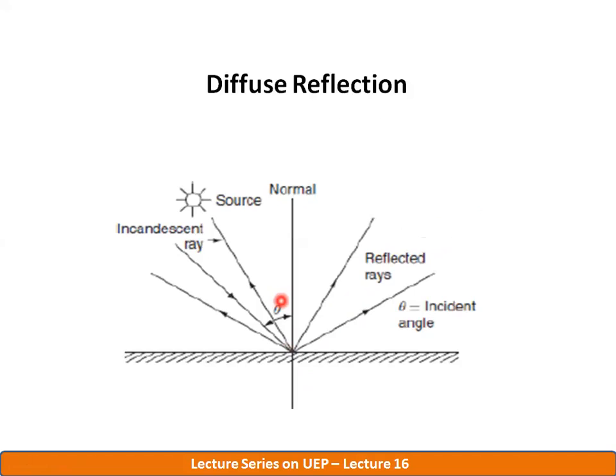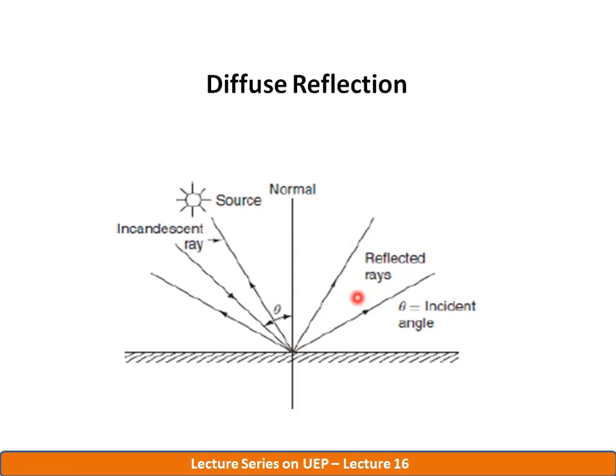The next one, the diffuse reflection principle. If light is incident on a porous surface like paper, frosted glass, painted ceilings, etc., the light scatters in all directions. Here light falls over a porous material and the light reflects in all directions. The angle of incidence is not equal to the angle of reflection. Hence, no image of the source is formed. Such a reflection of light is called diffuse reflection.